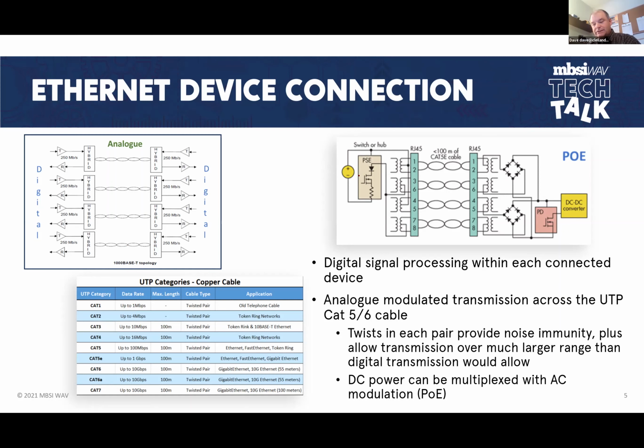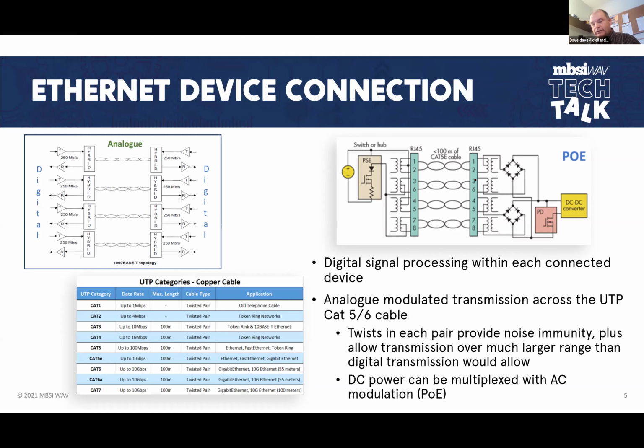As the hybrid, they're using a center tap transformer. If you follow this circuit carefully, you see that the positive goes to 2 pairs and the negative goes to 2 pairs, and it's fed at the center tap so that both conductors of the twisted pair